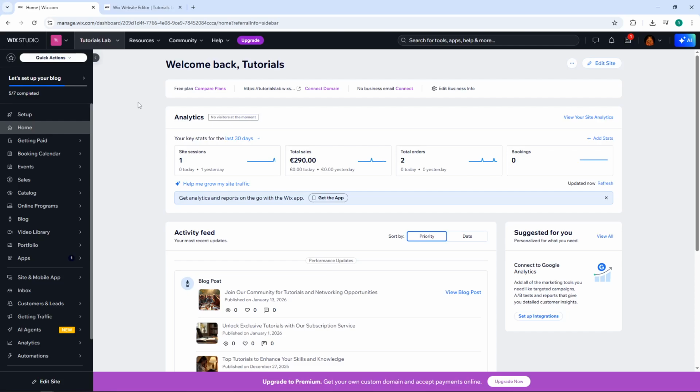Welcome back, everybody. Today I'm going to teach you how to integrate Square with Wix. This integration is incredibly useful if you're running an online store and want to sync your inventory, products, and customers